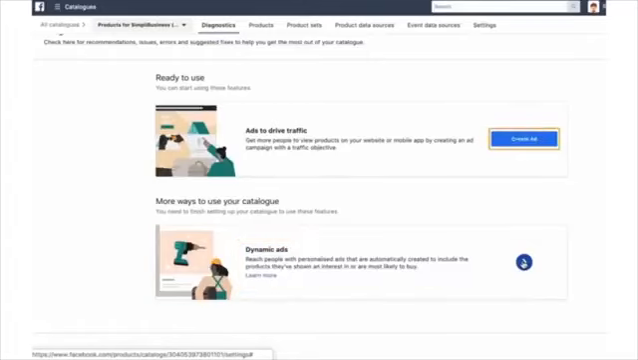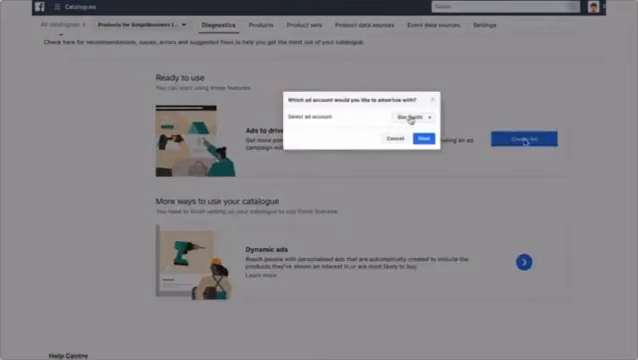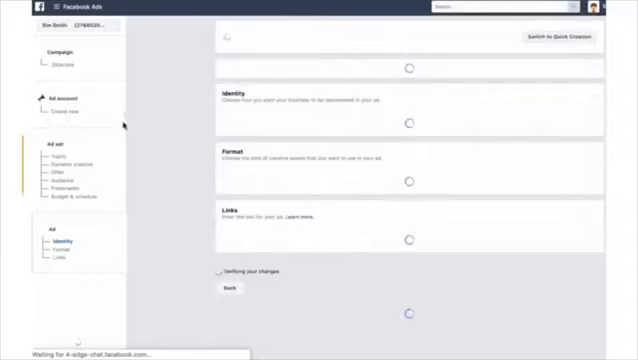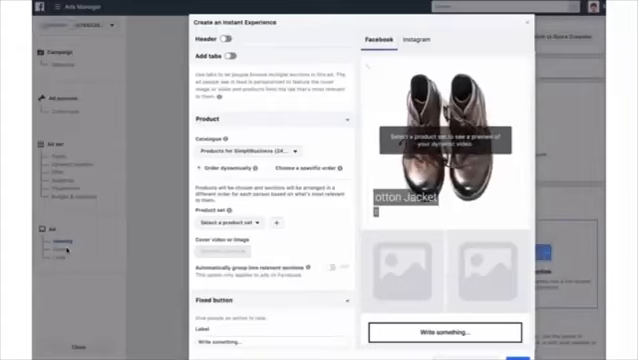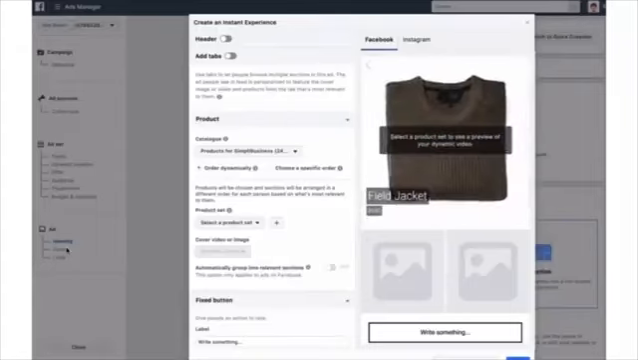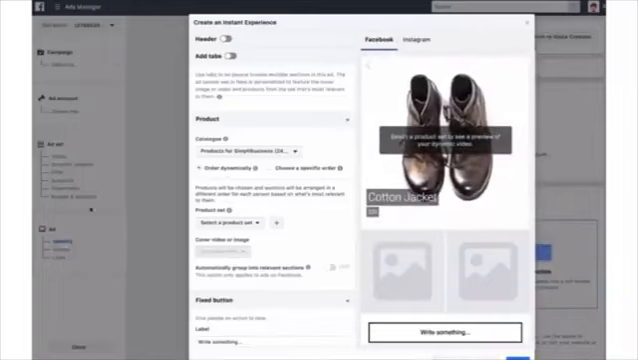So if I click on the ad to drive traffic, it will ask you which accounts you want to use. And then it takes you to the ad manager, where you go through the standard process of your campaign settings, your ad account settings, your ad set, and the creation of the ad itself. Now, I'm not going to show you all the details of how to create an ad. We've done that in other demos, but a very important section that you have here is that you can create